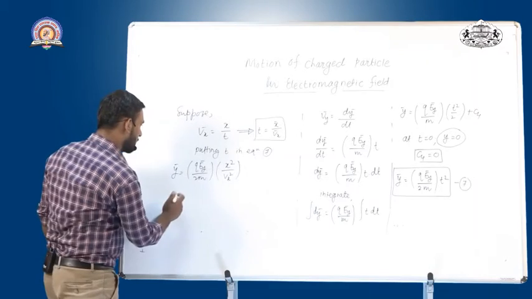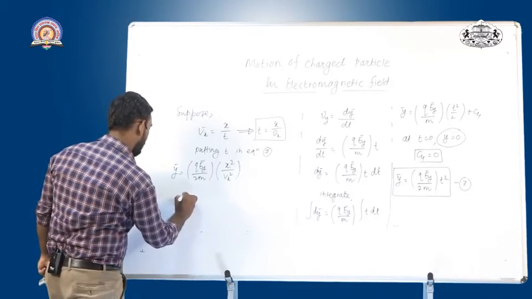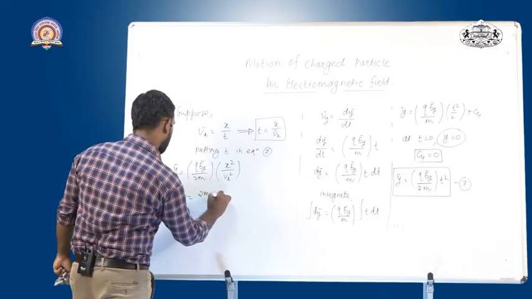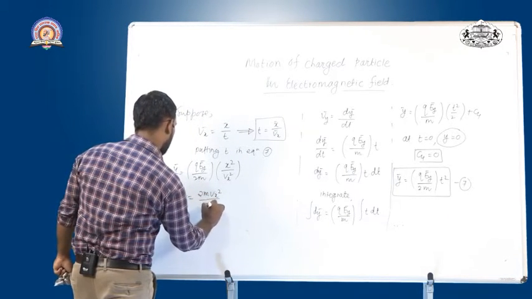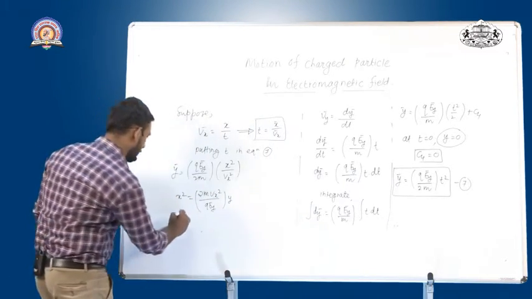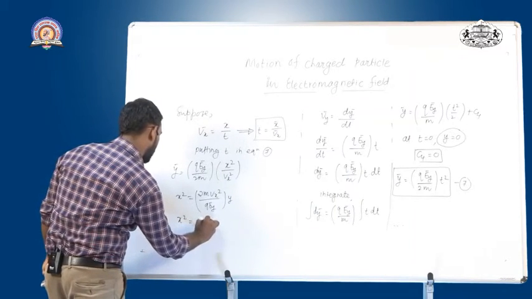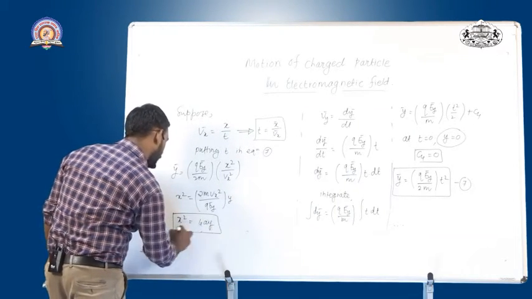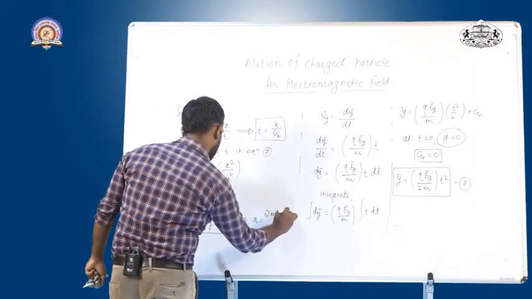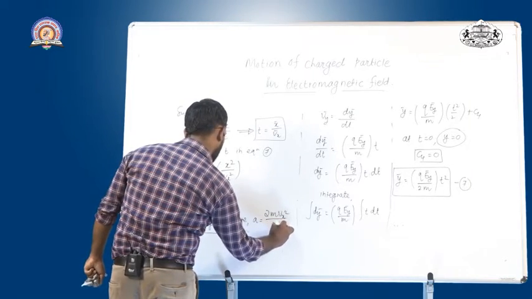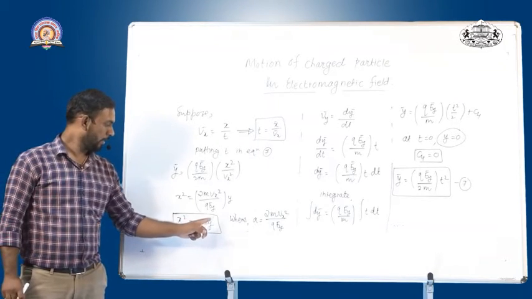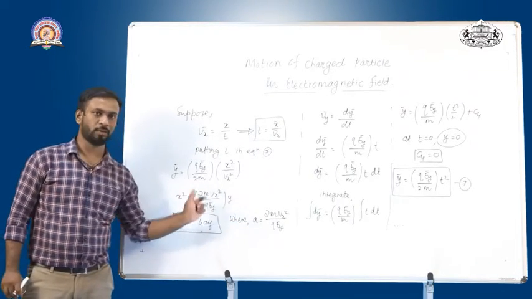So I just rearrange this equation. I'll get x square is equal to 2m Vx square upon qEy into y. So instead of this, x square is equal to 4ay, where a is equal to 2m Vx square upon q into Ey. So look at this equation. x square is equal to 4ay, where a is this bracket quantity.